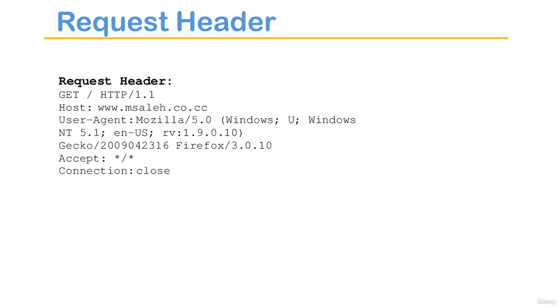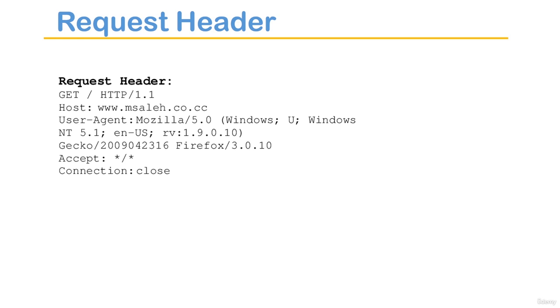And the next thing is if none match. If none match is used to specify the entity tag, which is an identifier denoting the contents of the message body, and the browser submits the entity tag that the server issued with the requested resource when it was last received. The server can use the entity tag to determine whether the browser may use its cached copy of the response or not. Okay, so the next one is origin, which is used